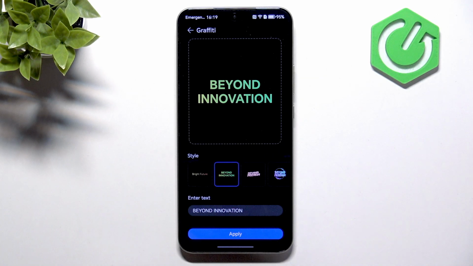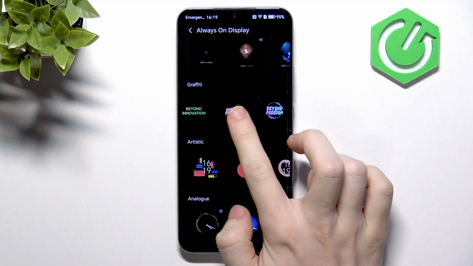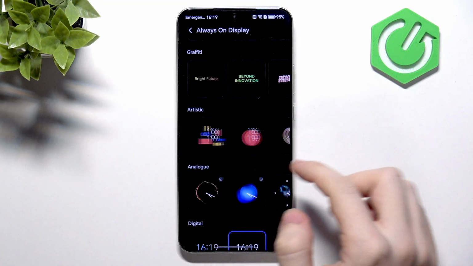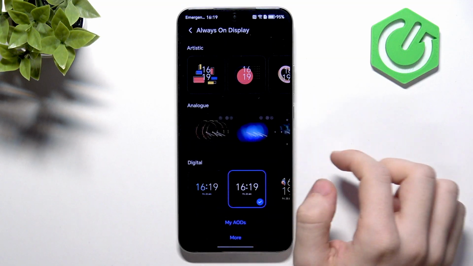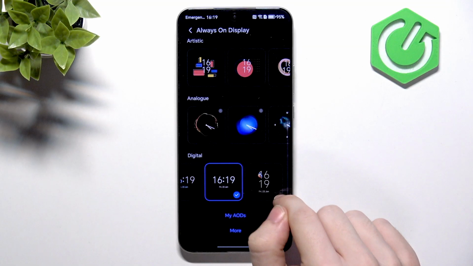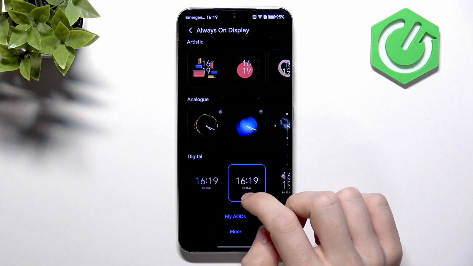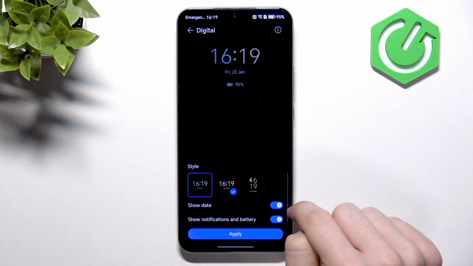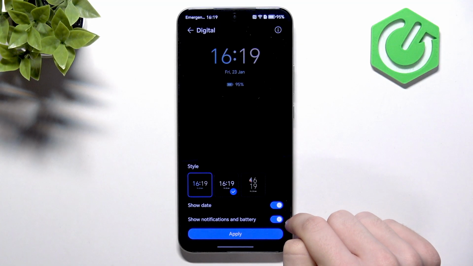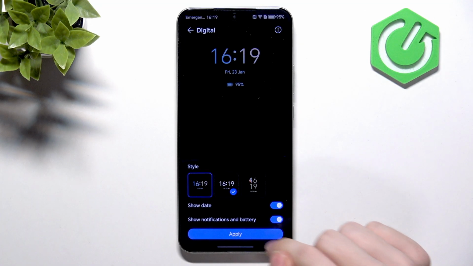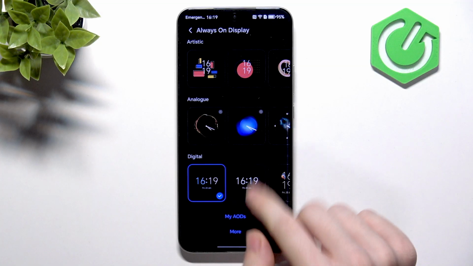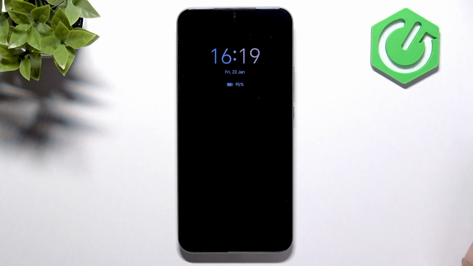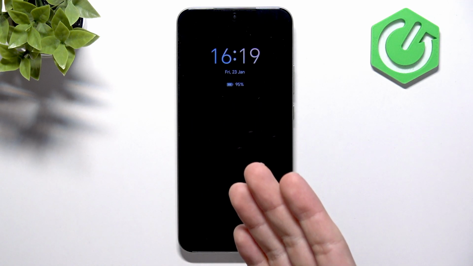So that is okay. And then you can also do some artistic something. Also some available ones, analog clock or digital clock. I will do a digital clock like this. I can customize its style. I can enable or disable showing the dates, the battery, notification, everything. Let's apply it. And then now when I turn my screen off, you can see that it displays that clock,